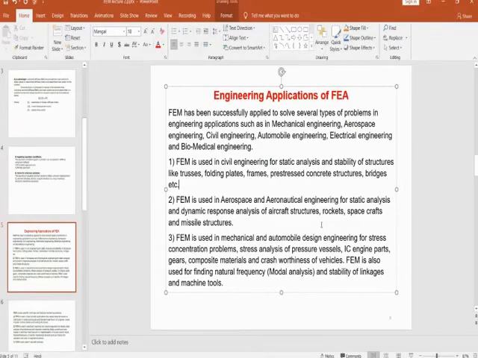Okay, and then crash worthiness of vehicles. So in order to do the crash testing, what will they do? They will manufacture one prototype. One prototype means one model of the vehicle, and they will make that vehicle hit the wall at a certain speed, and they will be analyzing it. Means how much deflection is occurring at the front end, how much energy is transferred to the occupants, what is the damage caused, all those things they will be analyzing. That is called crash testing or crash worthiness analysis.